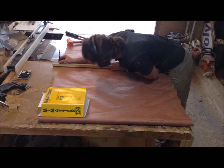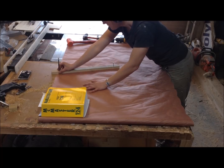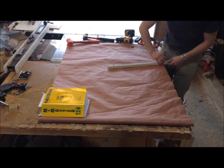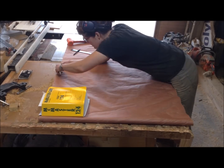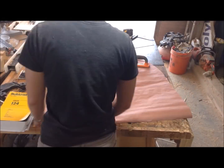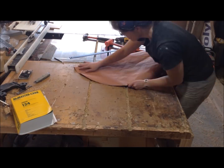So the first part of this process was going to be making a paper template, and all the dimensions of this are based off the size of the gong and how far it hangs off of the stand. So I started with a 36-inch circle, and I just put a nail in a piece of wood and measured out 18 inches in order to get that 36 inches off of that center pivot point, and then cut out